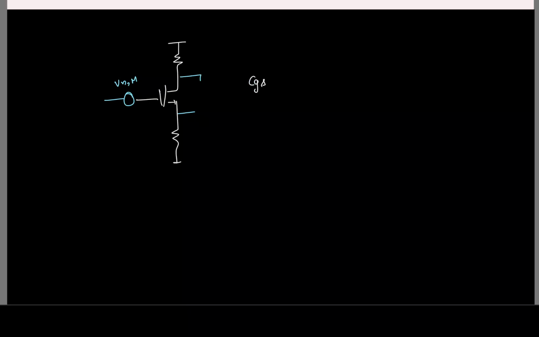The moment you have CGS, just modeling using a voltage source will not be sufficient. You'll also need to have some other current source here. And instead of doing that, you can as well model it using one current source at the output. So if you have gate capacitance, it's better to model the noise using a current source at the output, because then you'll have to deal with only one source. Right? But if there is no CGS, you can do this. Okay. So which means that in all our op amps,